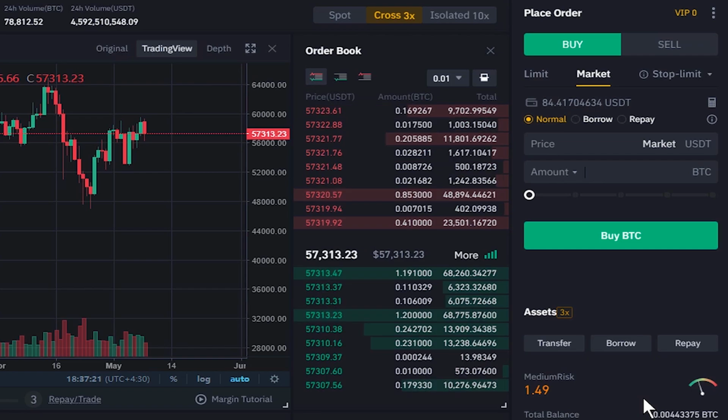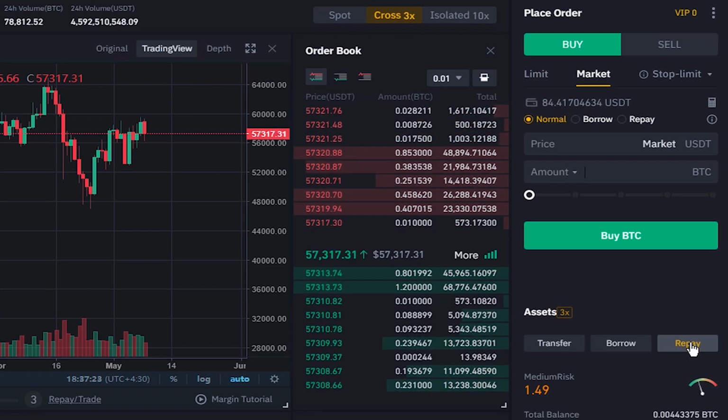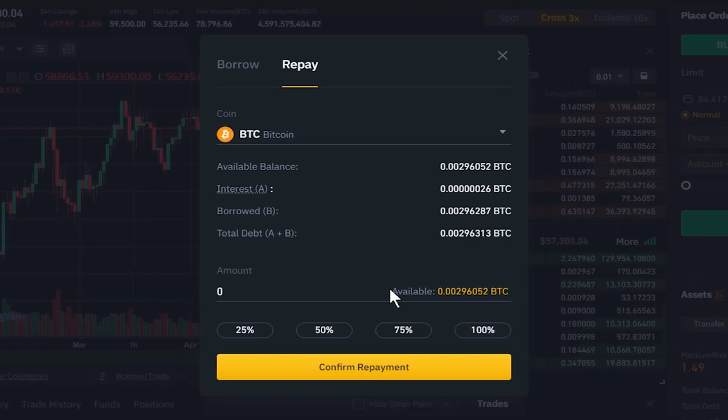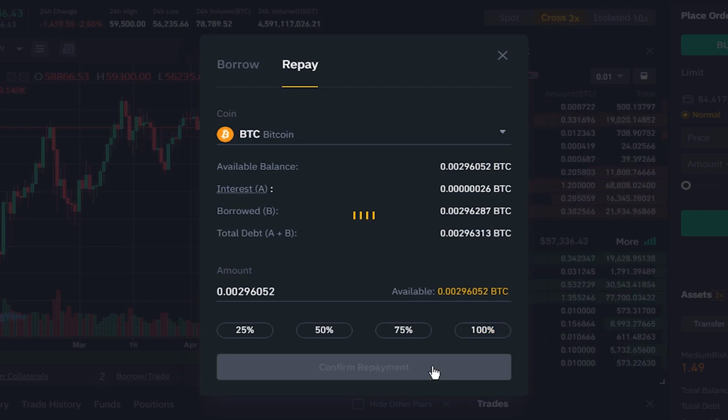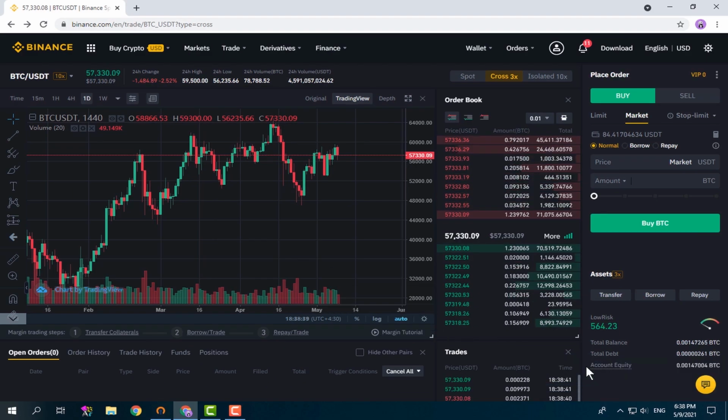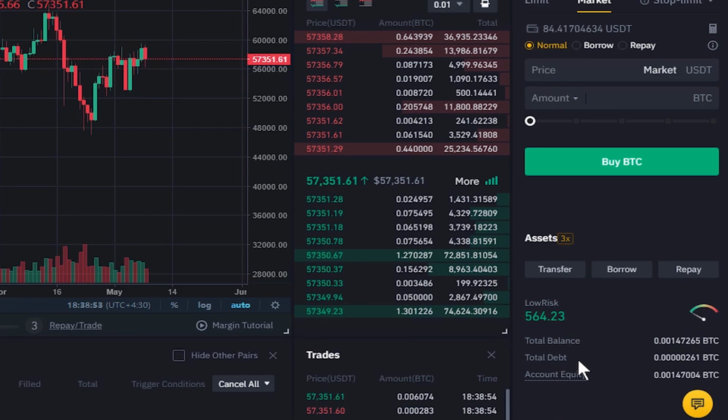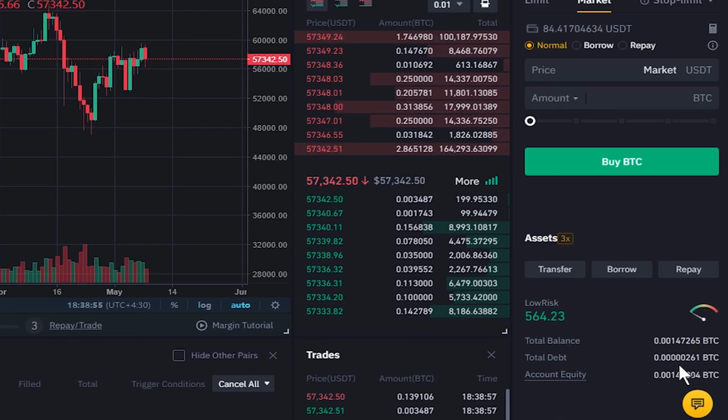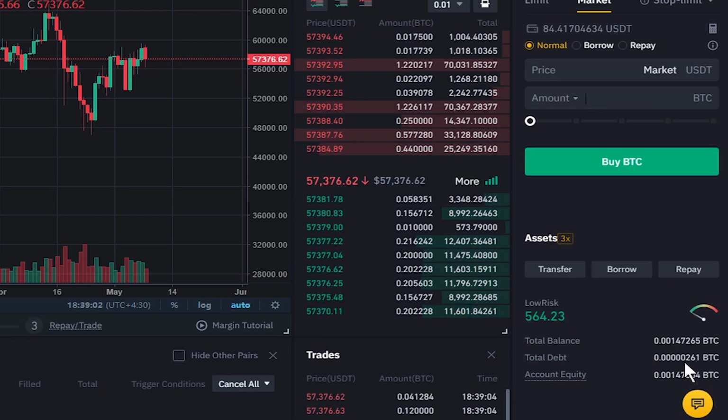And now we can repay our debt. We click on repay. This is our available BTC. I select 100% because I want to repay all the debt, and I click on confirm repayment and the request is approved. And now here you see that we have a very small amount of debt, less than $1, which doesn't put